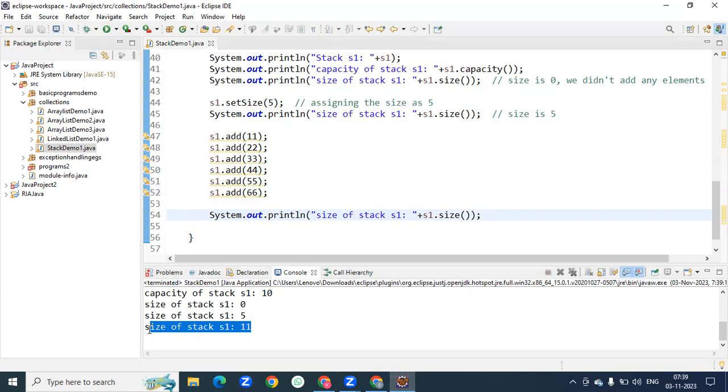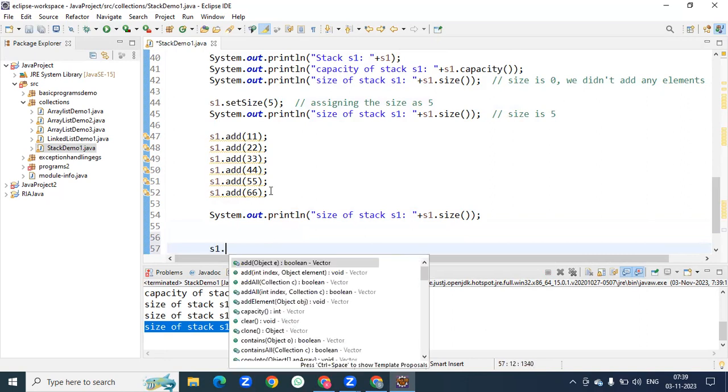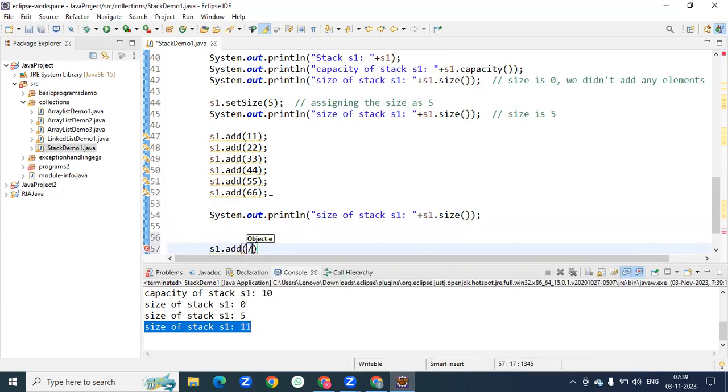Will be getting 11. Dynamically it is going to be increased. Here we have assigned the size of the stack as 5. When we are storing the 6th element, the size is going to be increased, 5 plus 6. If I'm adding some more elements, S1 dot add of 77,